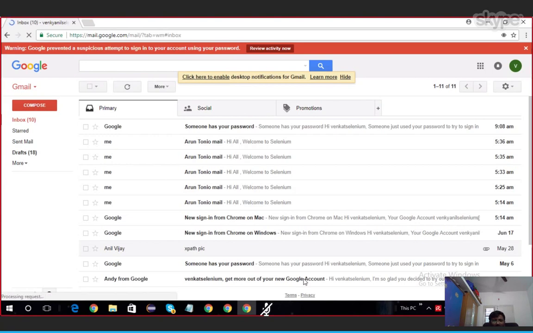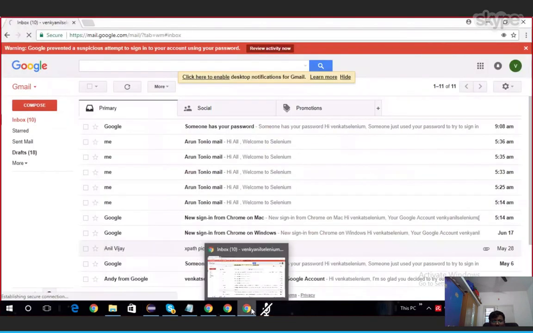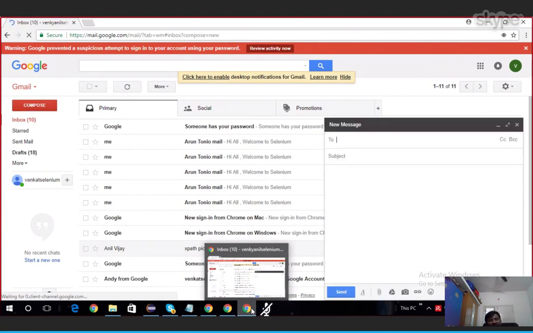See the code. It's not compose. It is trying to click on compose because the left side page is not loaded completely. That's why it took some time till it loads.